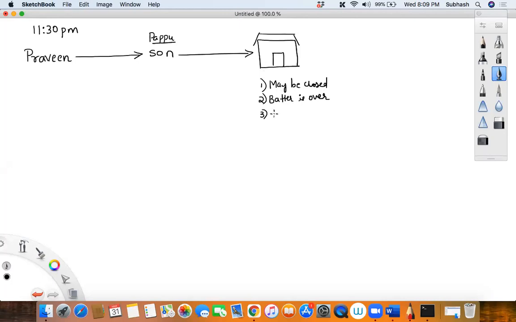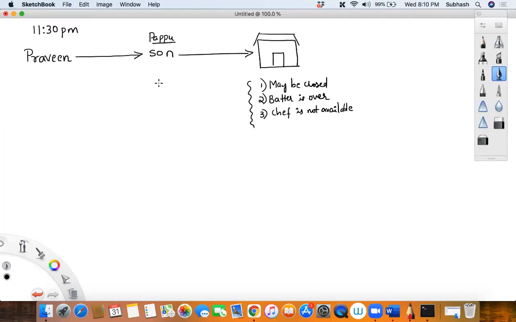Any other reason? Forget money and all, we are not expecting all that. The chutney might be empty, or the chef went off, the chef is sleeping, or the chef is not available. So these are the possible reasons where the masala dosa would not be available. Are you understanding what I'm saying, my dear friends? Now these are causing the exceptions. These are called exceptions, correct?